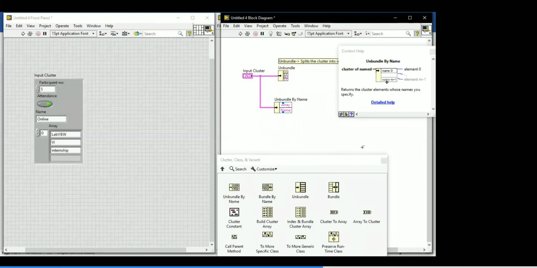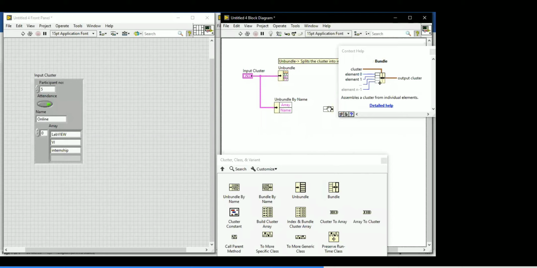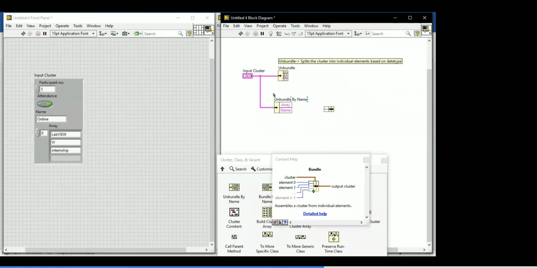Okay, the next function will be the bundle function. What is the bundle function? What is bundle? See the help window and then tell.